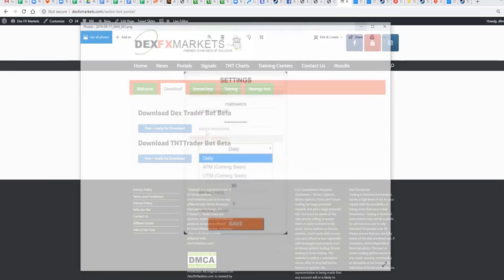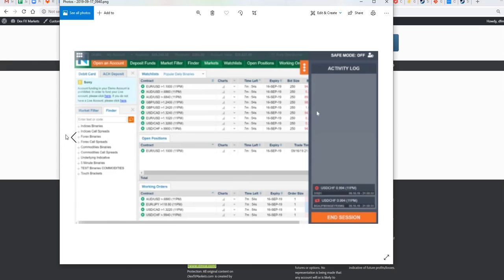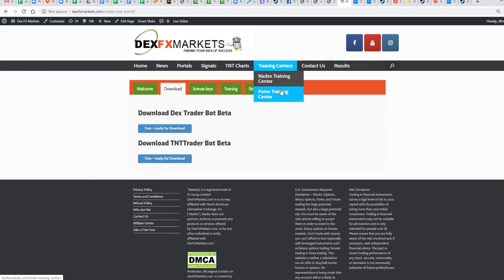And let me tell you something. The Xedan bot, when you download it, is just like downloading an app on your phone. It is that soft and that easy to use. You don't even have to put in a license key. You just start it up, put in your email address and the logins that you would have for your DexFX Markets account, and it'll check to see if you're a member and do all the stuff for you. It'll update itself and keep itself up to date with the process. In future versions, we'll have all kinds of ideas like the